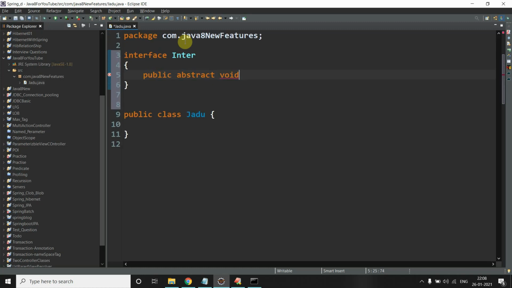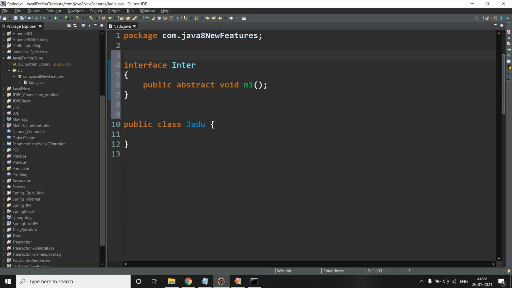Now I hope it is visible. This is our functional interface, and let me put the annotation also. Good, perfect.